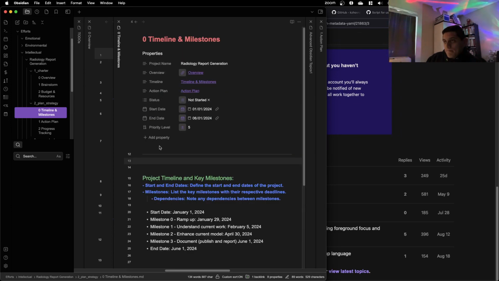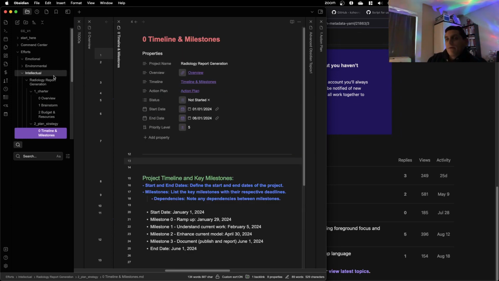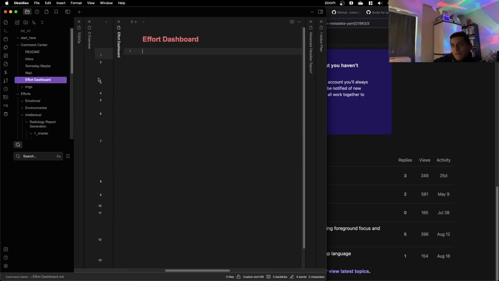Okay. So now that we have that for one project, how do we show it for all projects? So going to Command Center, Effort Dashboard. Here is where we will need to use DataviewJS.